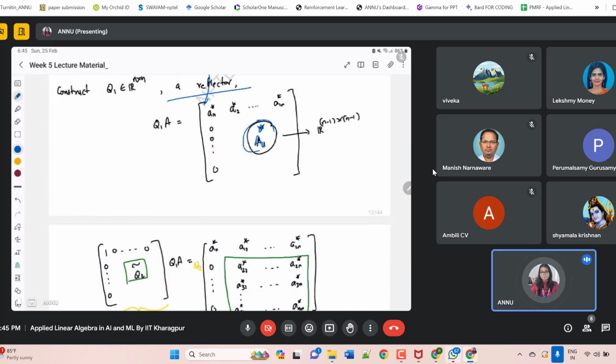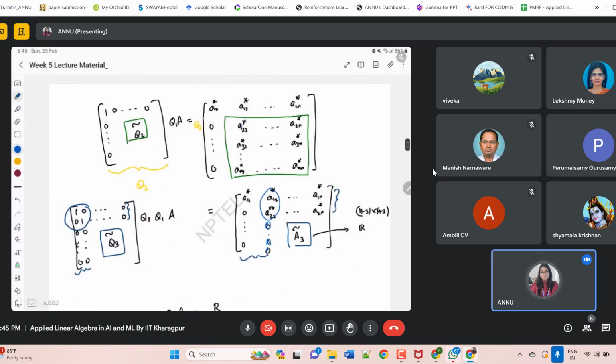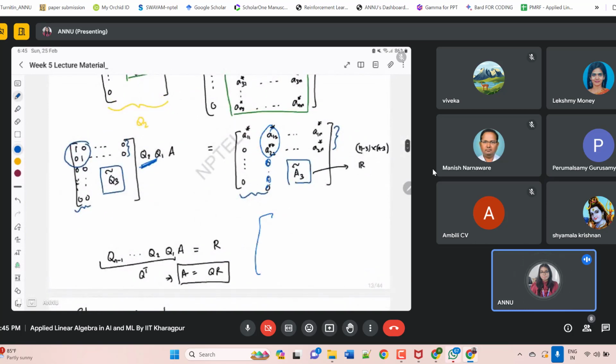Later, you want to convert this particular matrix to this form. You want again some different value here. Then again you will multiply with Q2. This goes on, and finally you will get A1 transpose, A2 transpose, A3 transpose, A4 transpose, and star. You will get 0, 0, 0, 0, 0, 0, 0 below, and any values above.